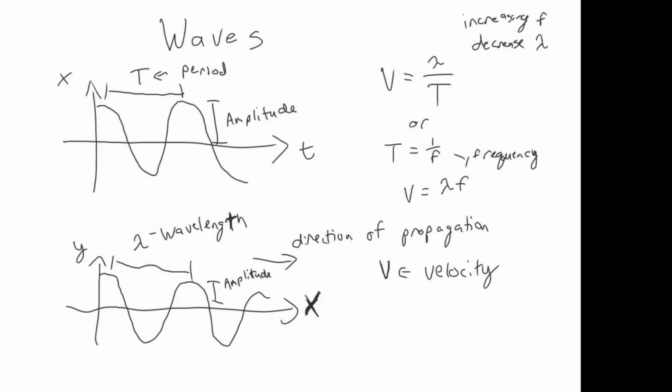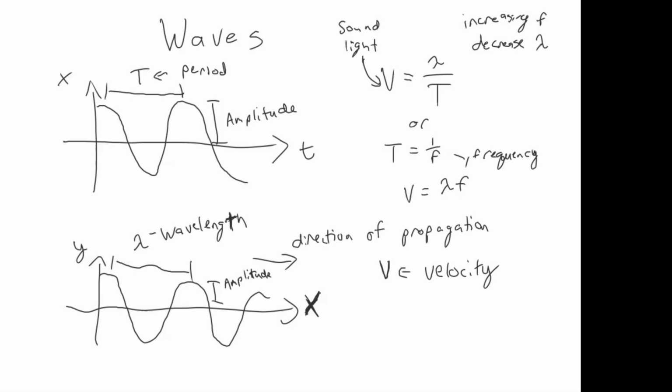Or if you decrease the frequency, then you increase the wavelength. And the reason for that is that the velocity will depend on the kind of wave, but for example, sound or light,